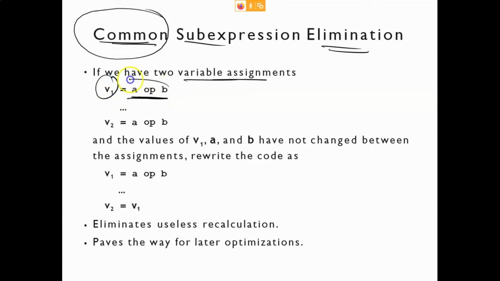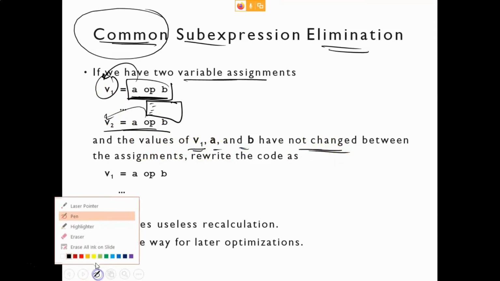You are computing this expression and you are storing it into V1. And then some statements are there, and here also again you are computing this A OP B and you are assigning it into V2. But remember, in between, the values of V1, A and B should not change.